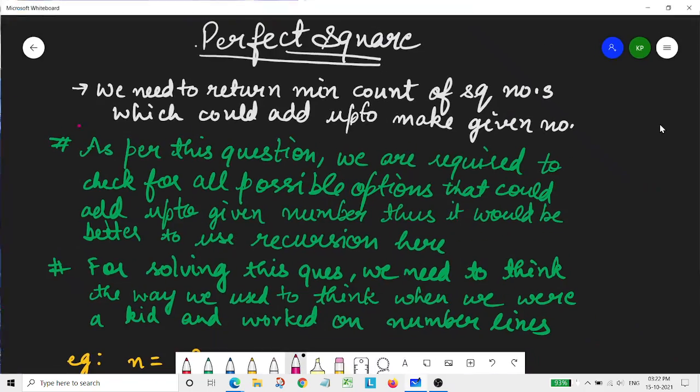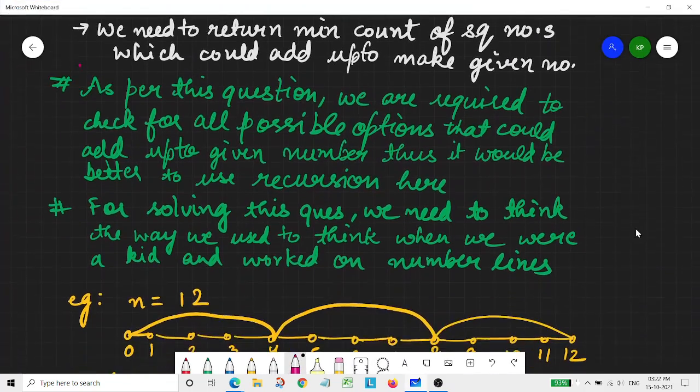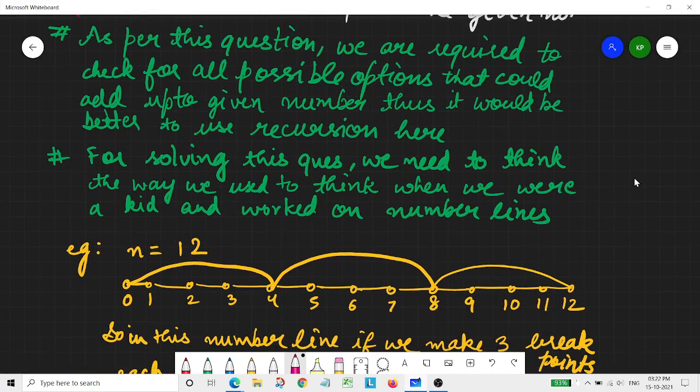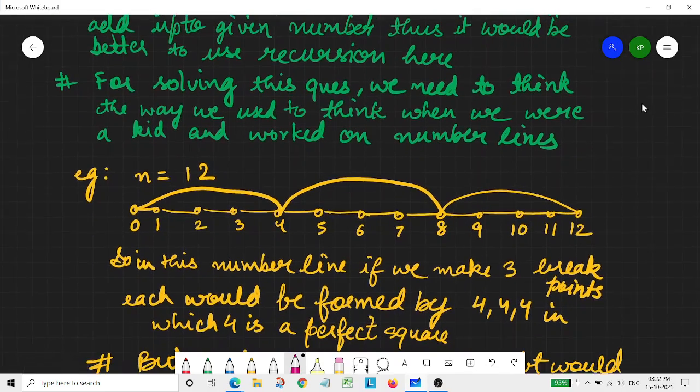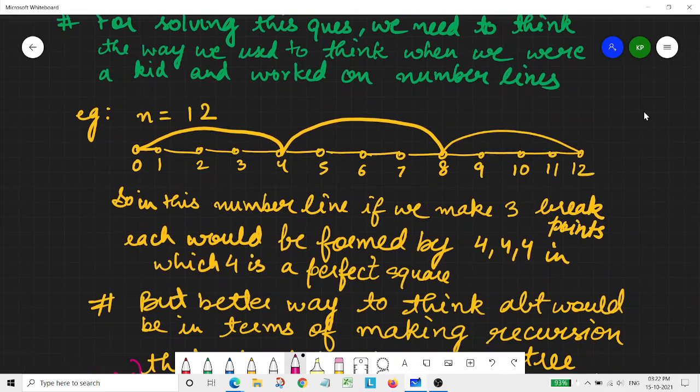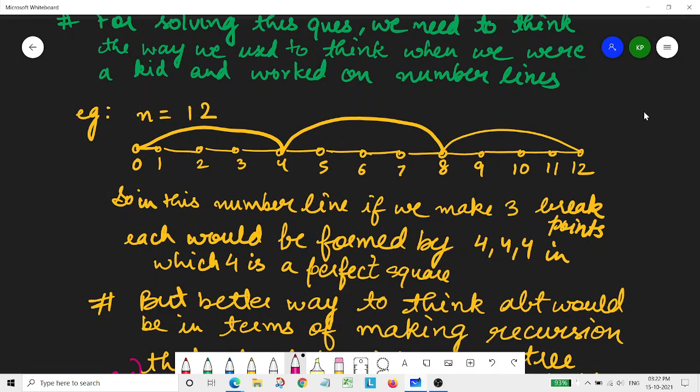Now comes the next part. For solving this question, we need to think the way we used to think when we were kids and worked on number lines. When n is equal to 12, we simply create a number line and check at what breakpoints we are required to make.